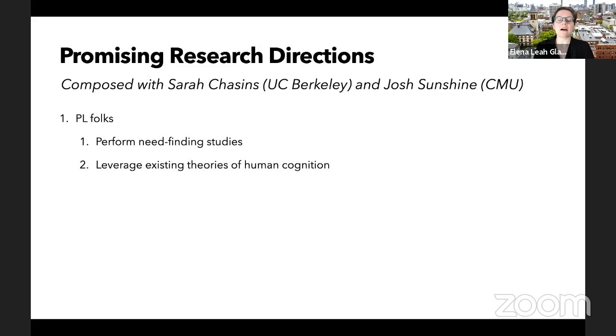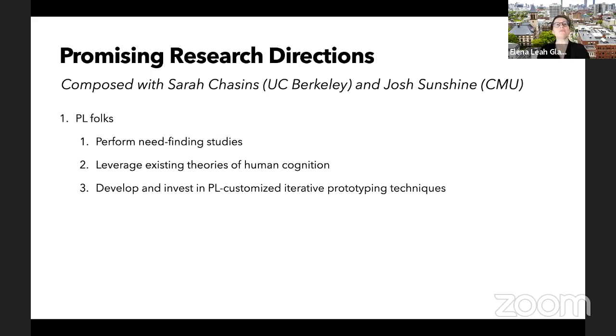But I've found things like a theory from educational psychology called variation theory, about how concepts are induced in people's heads from examples. That's really shaped how I think about the centrality of examples in communicating our intent to the machine and for the machine to communicate back what it's done for us. That is front and center in the case study of interactive program synthesis that I showed. So finding one applicable theory can go a long way and really cut your search space down to things that are more likely to work.